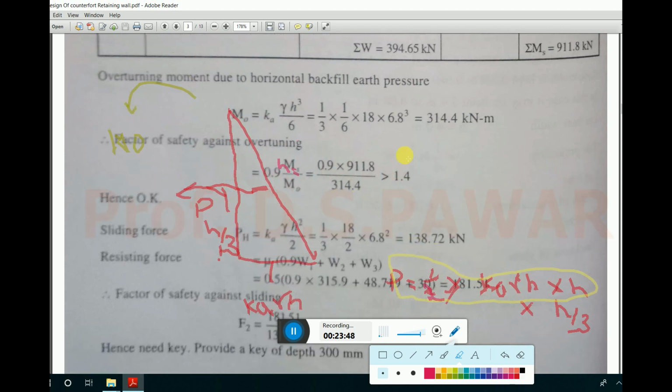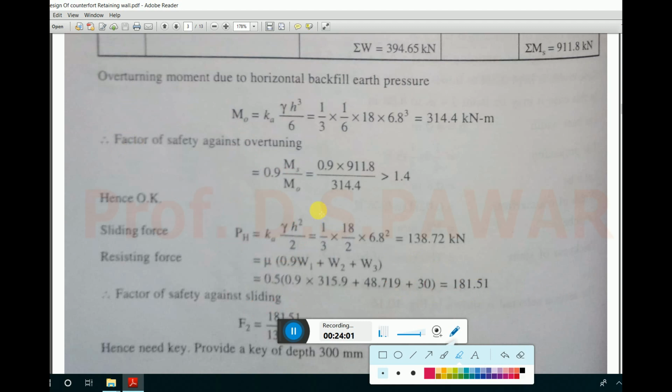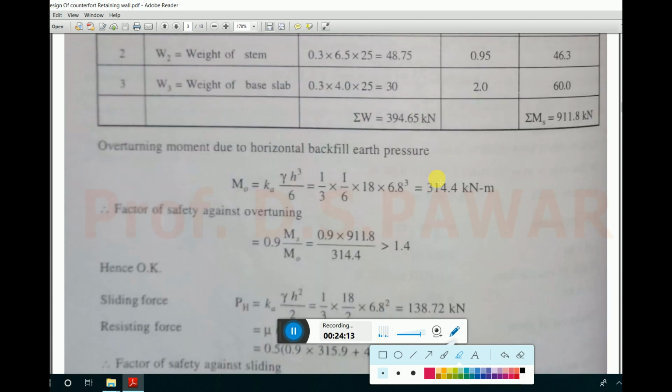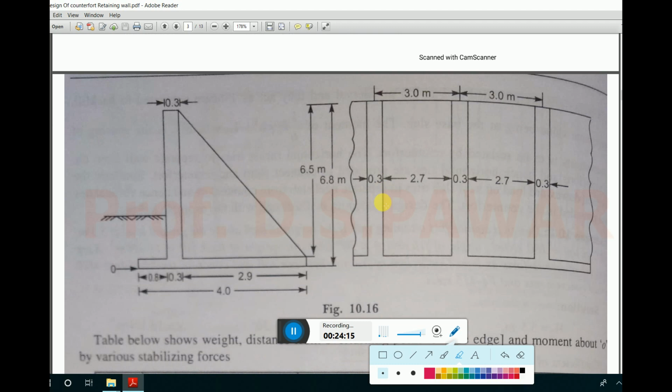So after completing this, here k value into 1/6 into 18 into 6.8 cube. After calculation of the overturning moment, we have to check whether the structure is now safe against overturning or not, because now we have calculated the stability moment and the overturning moment. Now we have to understand first thing, due to overturning moment,